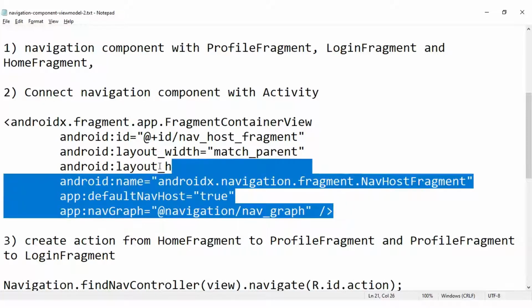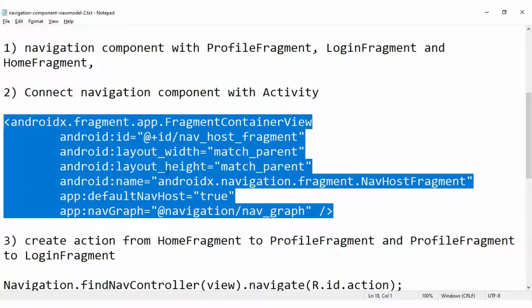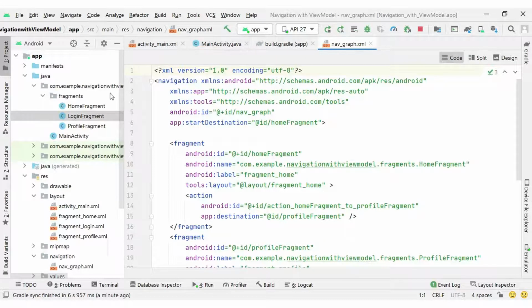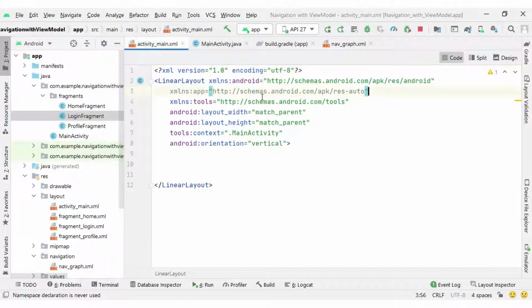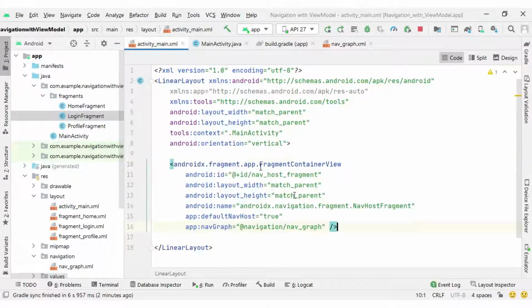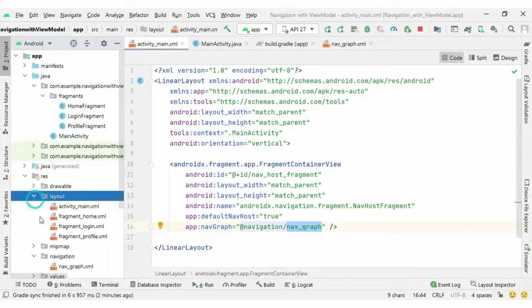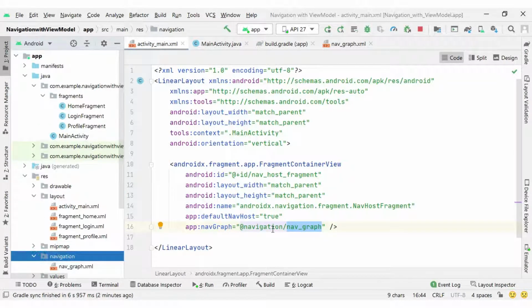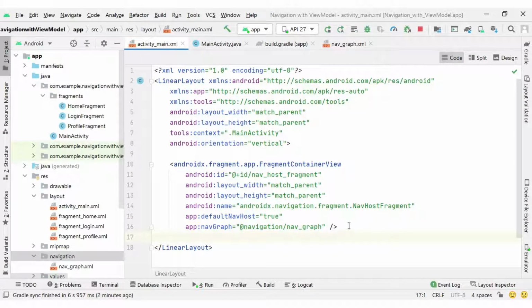You can type this code manually, or you can copy it from our description. I just copy this code and put it inside our layout xml file, and the file name is the same as the one we created inside our navigation folder, so there is no need to change anything.